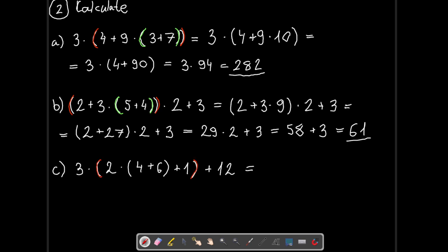Inside that bracket we have another bracket, so let's solve that bracket, that green bracket first. It's quite simple. We just add 4 and 6 together, which gives us 10. And now the only thing left in the bracket is the red bracket, is multiplication and addition. So we multiply 2 and 10. That gives us 20 plus 1